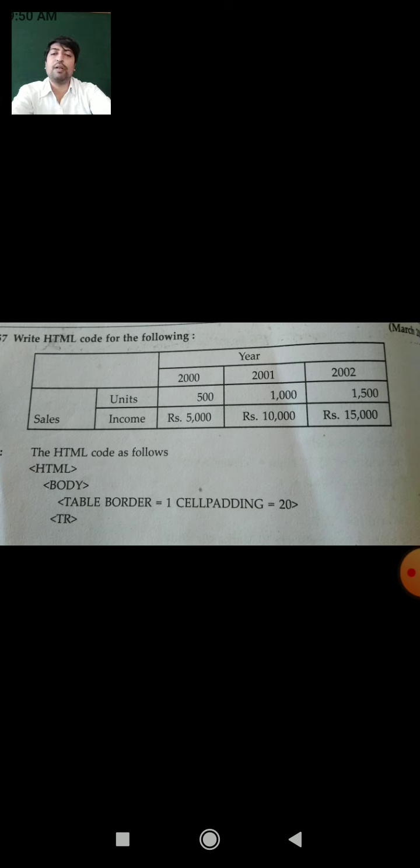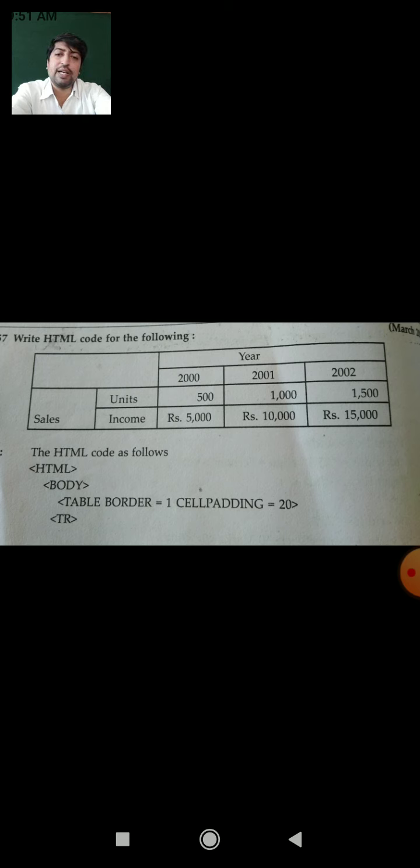See the example. We can see very clearly that the first column combines two rows and two columns. The second column of the first row combines three columns, and the word written here is there. The second row will contain the data only: 2000, 2001 and 2002.